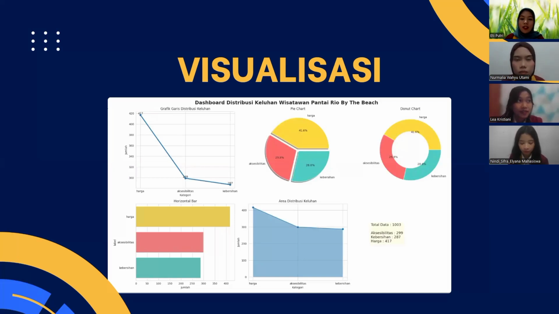Lastly is visualization. This dashboard shows the distribution of tourist complaints at Rio beach. From a total of 1,010 complaints, the largest issue is price with 470 complaints or about